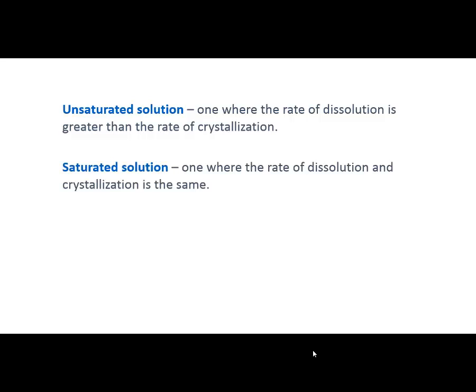So a saturated solution would be a solution where the rate of solute dissolving in a dissolution process is the same as the rate of crystallization of a precipitate out of solution to form a solid. So we don't expect a saturated solution to dissolve any more bulk solute without having the same amount come back out of solution. So in some cases we're right at the saturation point, and you may not notice that you have any